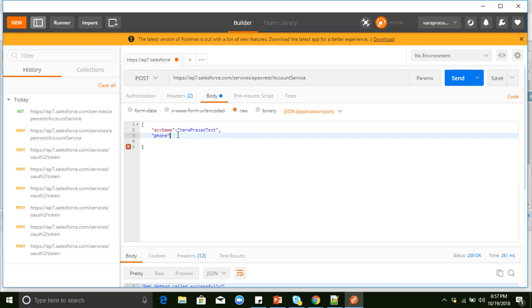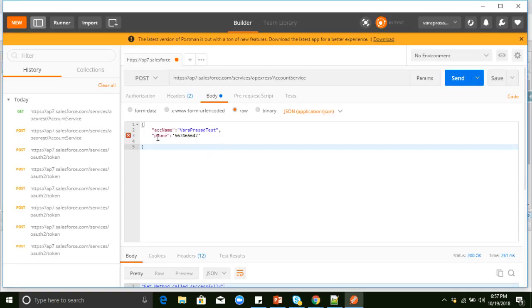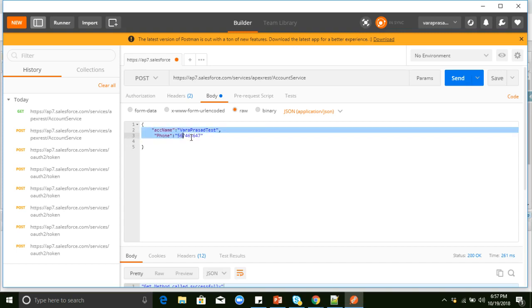And phone equals 56756, some number. This is case sensitive, so we need to follow the same syntax here. Once we enter perfect data, the error will be removed from the body. Now we are entering account name and phone, passing them from this HTTP post method.